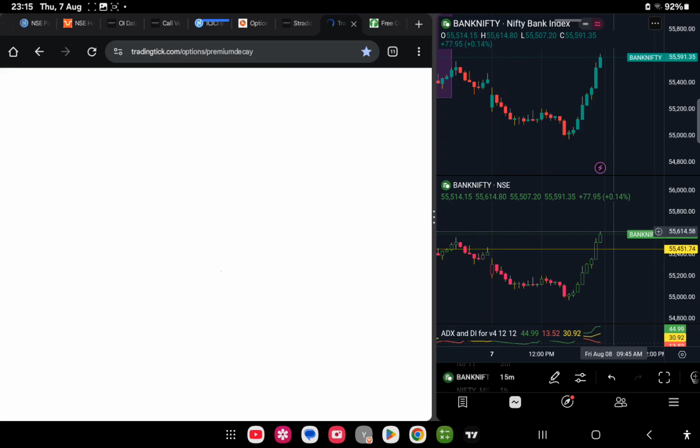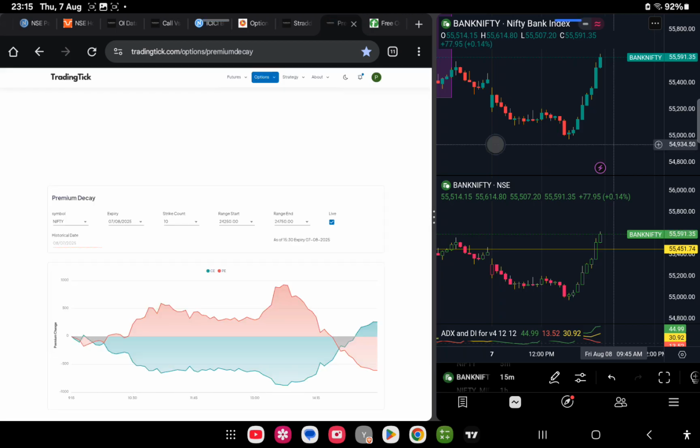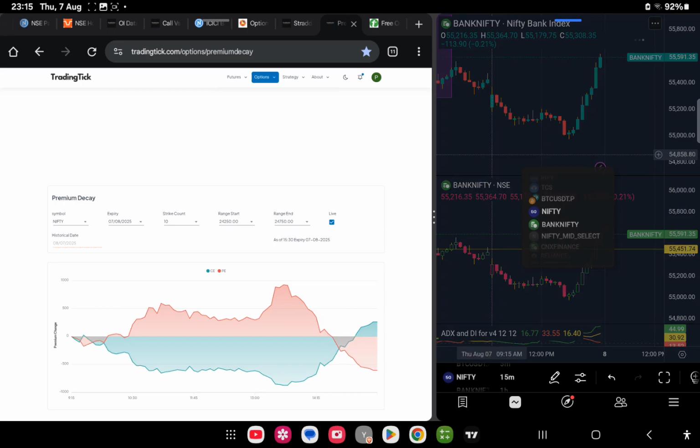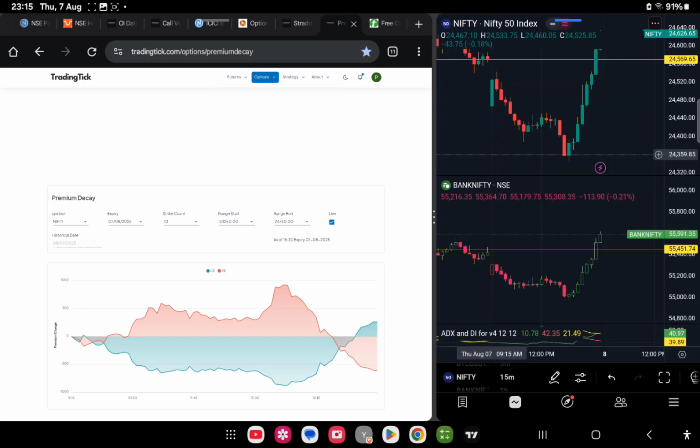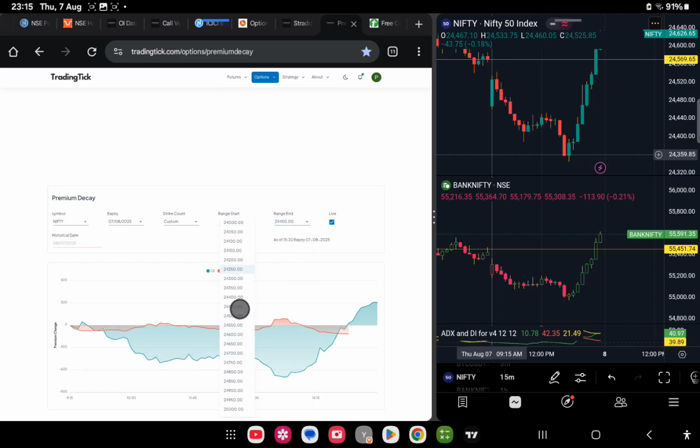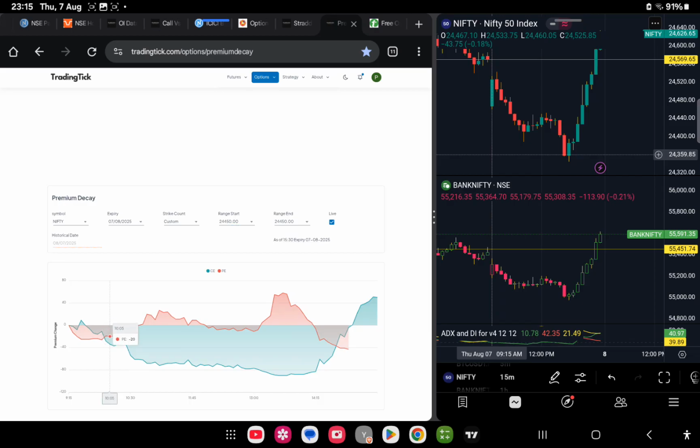Now we'll take Nifty. When you check, Nifty open is 450, right? Yes, 450. So I'll take 424, 450 on both the start and end range. You can see sellers were winning at the end. Here also, 56 and 80, sellers were winning, but at the end,